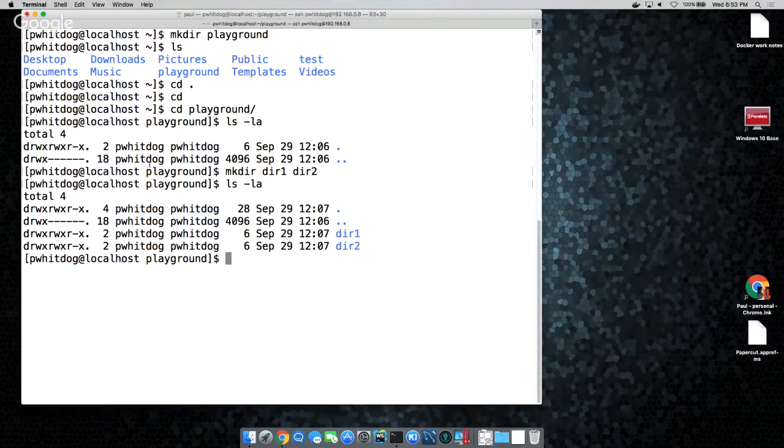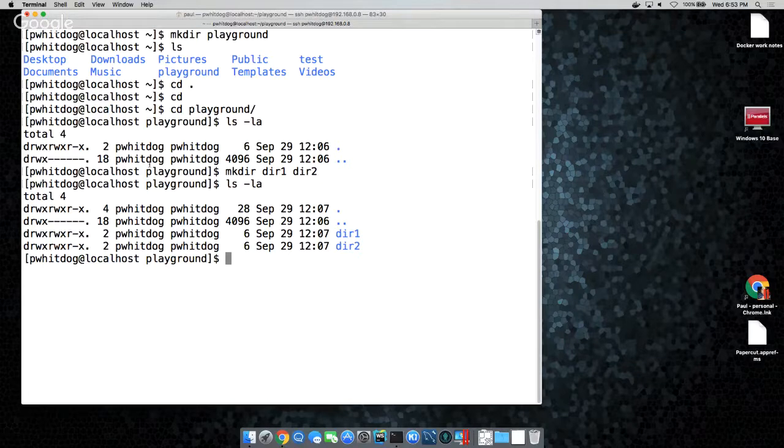There's another cool trick you can do. I looked in the book and didn't notice if he mentioned it, but if you want to create a whole tree, like dir1/dir2, you do mkdir -p. It makes a full path. It does work in DOS. You can do that in CMD also.